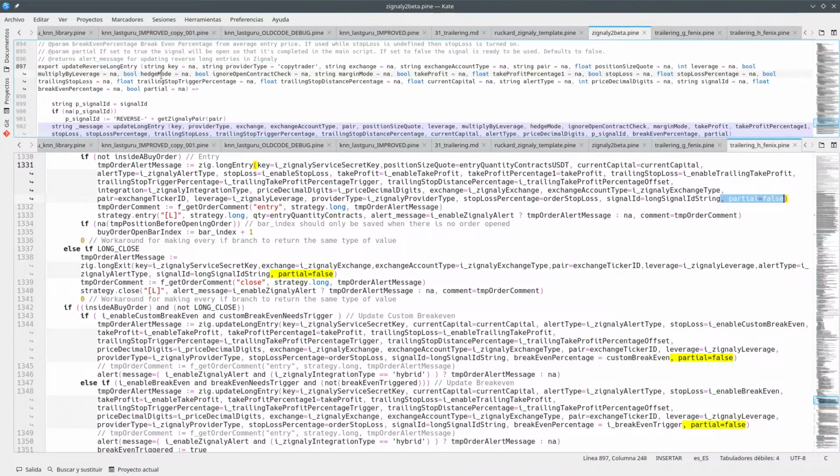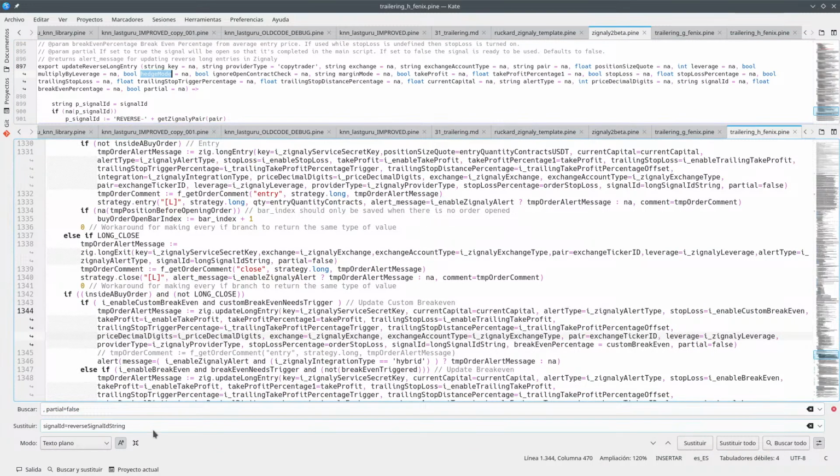Hedge mode, here it is, hedge mode. So hedge mode is going to be true,